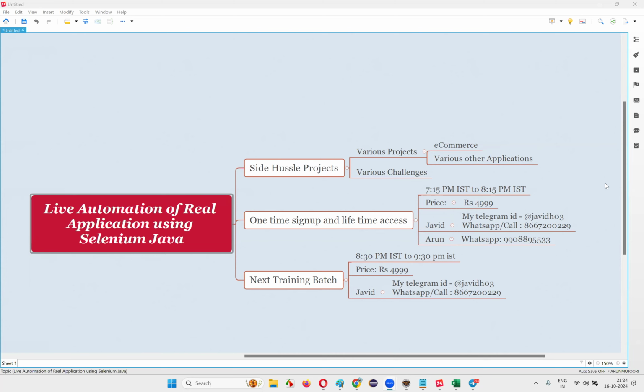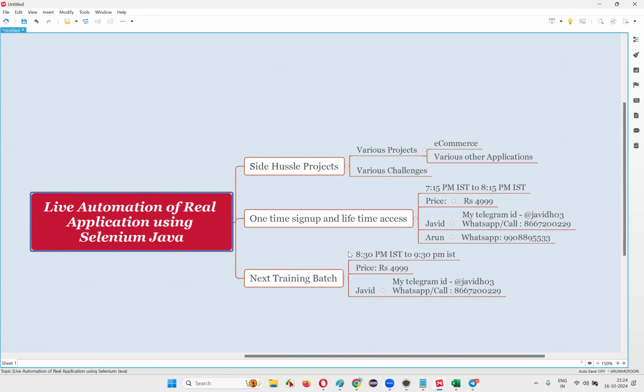And at the same time, our weekend crash course batches will happen. Something will keep going on. You'll be there here and there. So I recommend everyone to be part of these two batches, the live automation batch and the training batch, so that you'll not miss anything from our university.